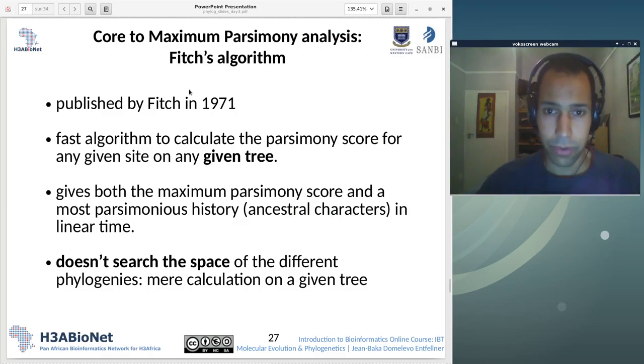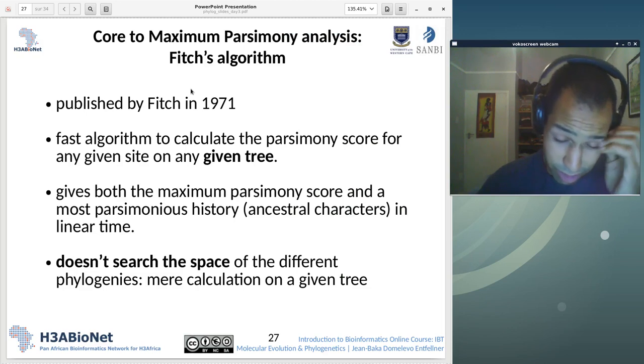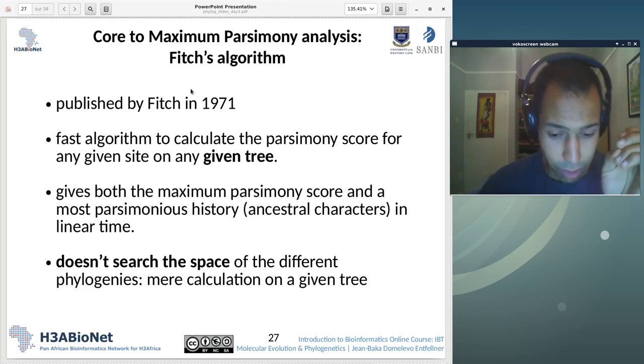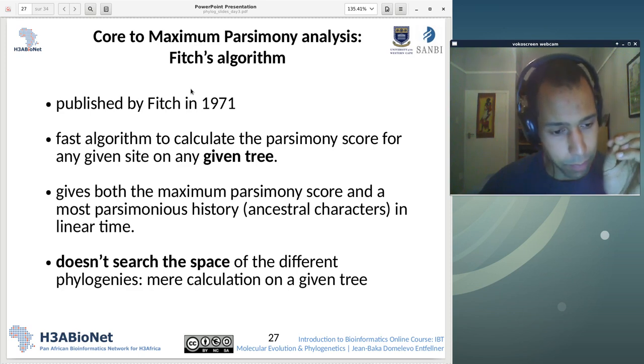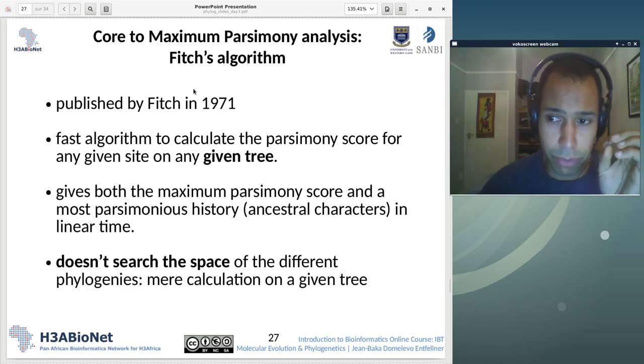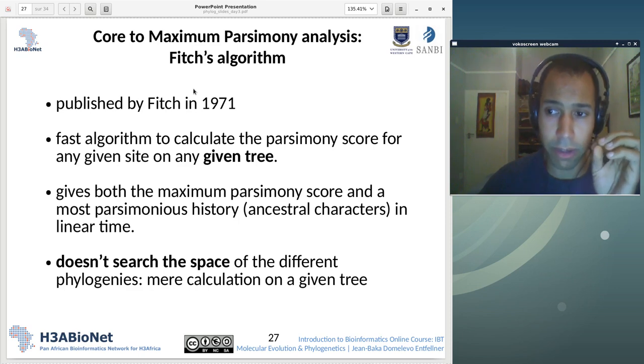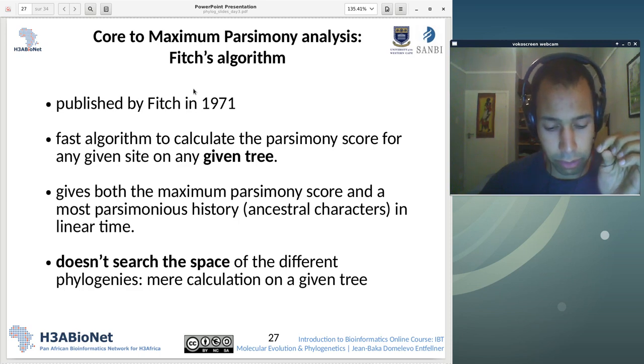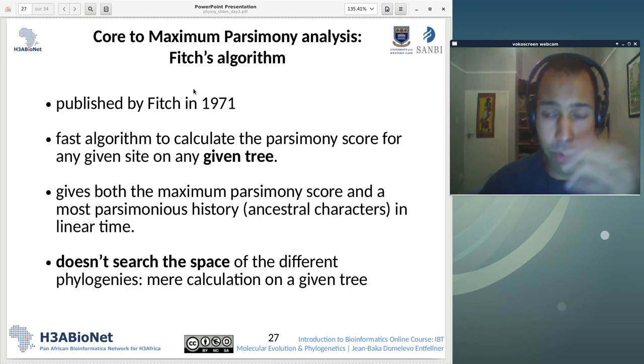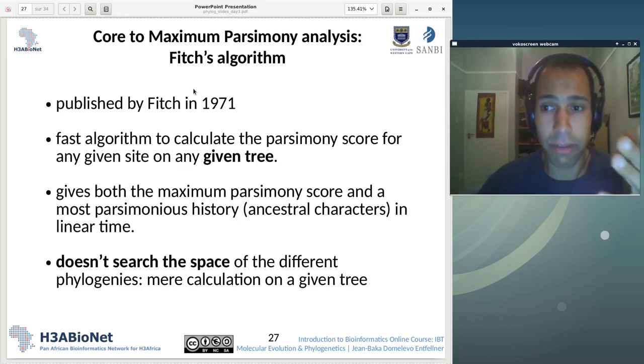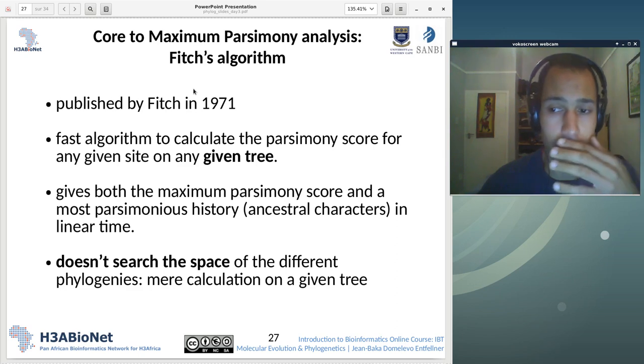Okay, so Fitch algorithm. So it's going to be yet another algorithm in this session. I hope you are not too afraid or you even enjoy it. These are simple algorithms, but it's important for you to understand that the evolution of the ideas and of the techniques and of the methods in phylogenetics during the 20th century has at its core these kinds of algorithms, and that's what makes it possible nowadays to just click on a button and have a very good